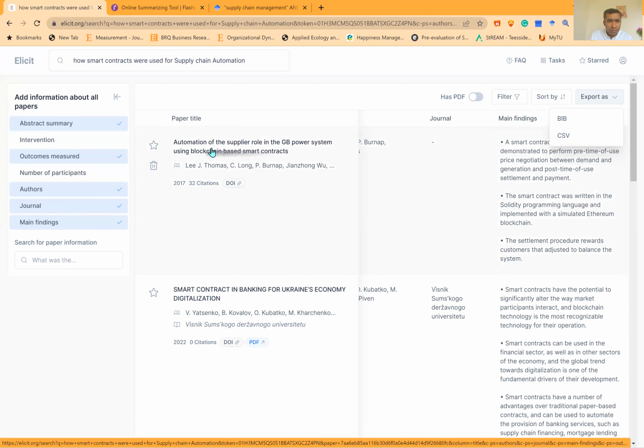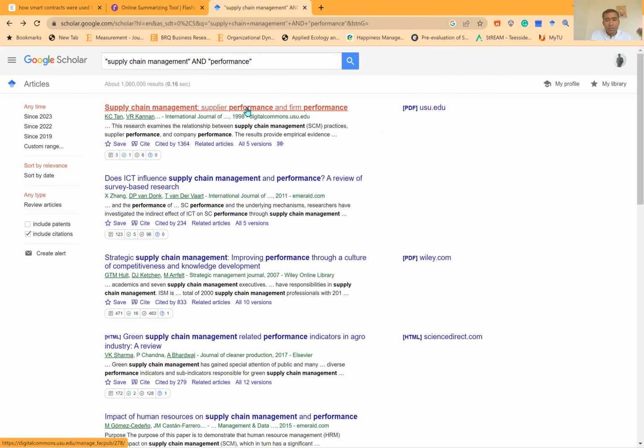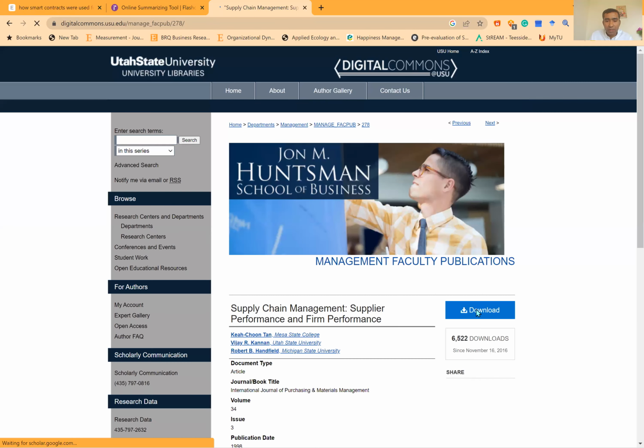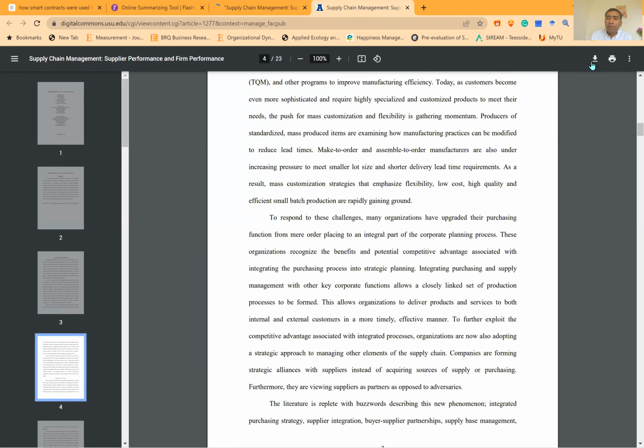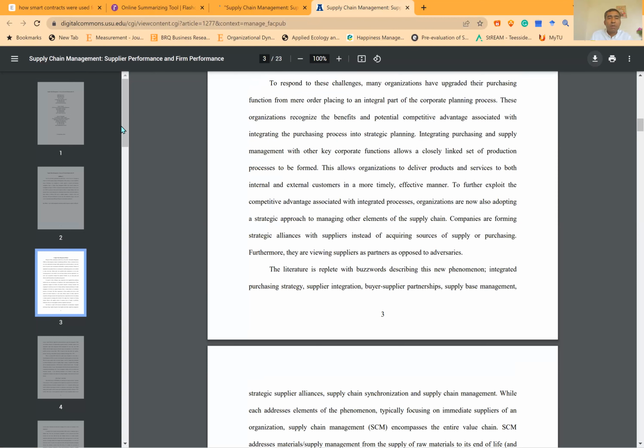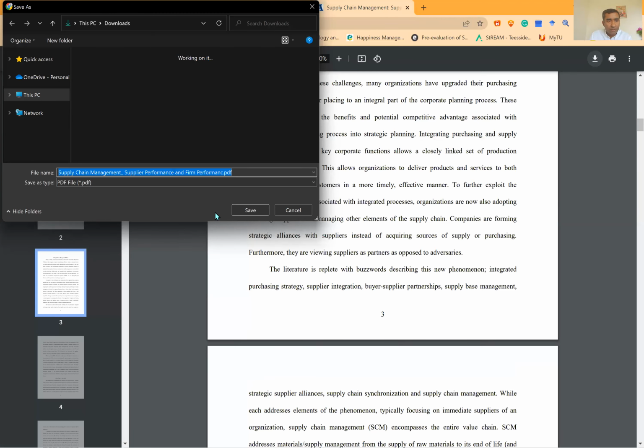Let me just quickly, for example, I'm bringing one research article just for your illustration purpose. If we have some research articles which are not covered within that elicit.org, how to use them manually in order to find. Okay, so that's where we have another